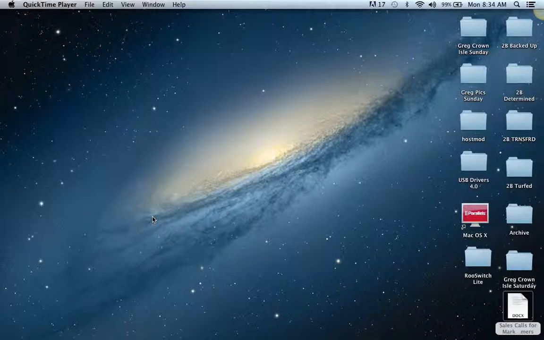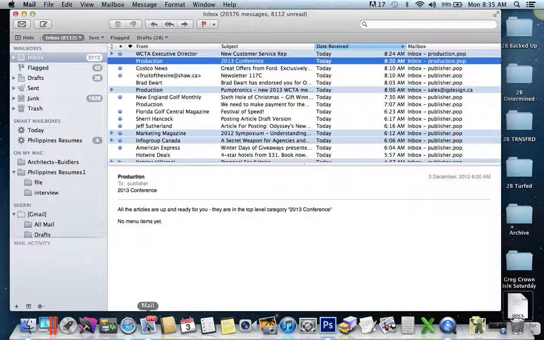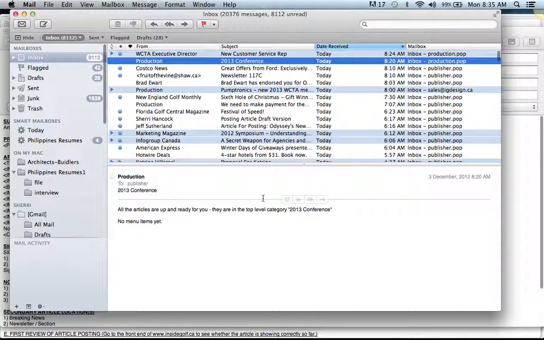Okay, this is our second tutorial. This covers step C, reviewing articles that are to be posted that come to you via email. First thing we need to do here is go to the email program, and in your inbox, what you're looking for are items that have, in the subject, start with the three words "article for posting,"